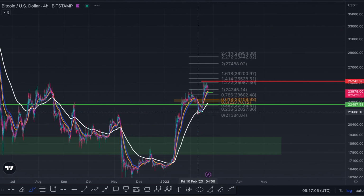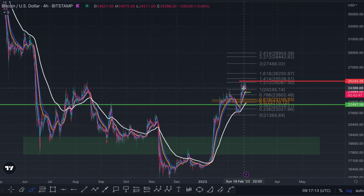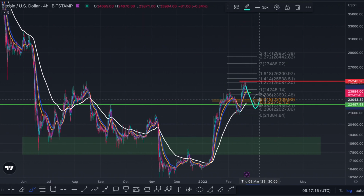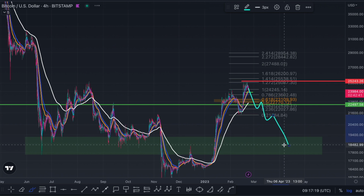Now, as we zoom out, we've already spoken on the channel as we've zoomed out on the weekly time frame as well as the daily. This is the 4 hour though, but that's if all hell breaks loose, we lose the golden pocket, we lose the 21,300, then we are coming back down towards 17 to 19k, guys. And of course, we don't want that to be the case, but if a few months from now we are down here, this is where I'd expect key support to be held, okay guys,